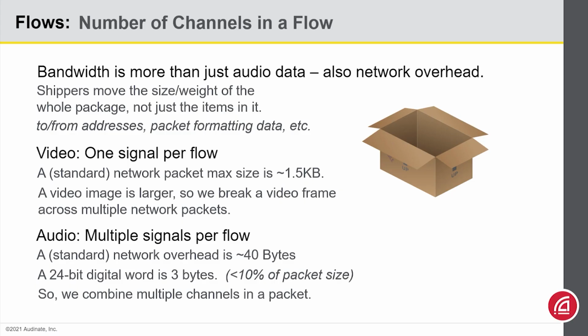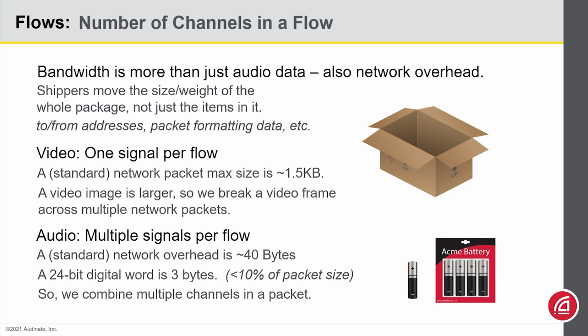So when we send audio across the network, we group channels together. Now this is similar to buying a AA battery. You'll probably find it difficult to go to the store and buy just one. They'll start around a 4-pack. And that's the way it'll work with audio as well. When you send an audio stream by Unicast, it's automatically set up with 4 channels.